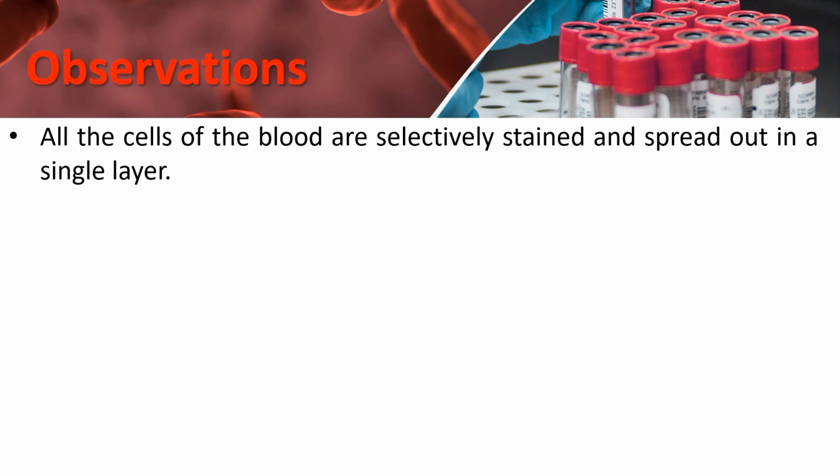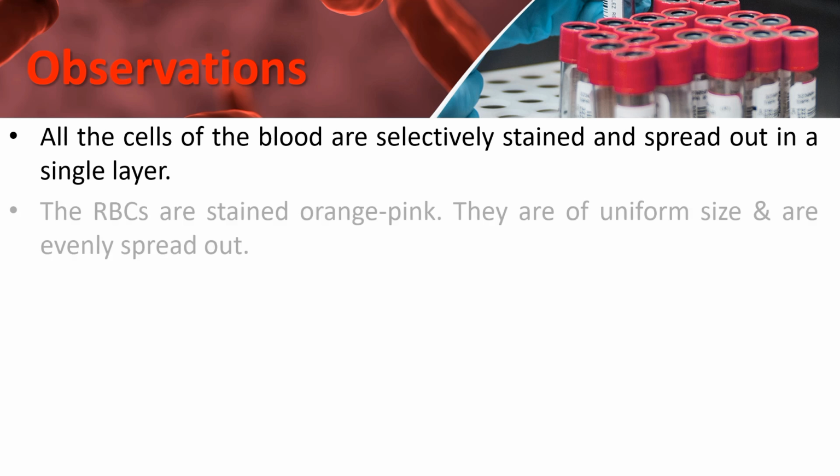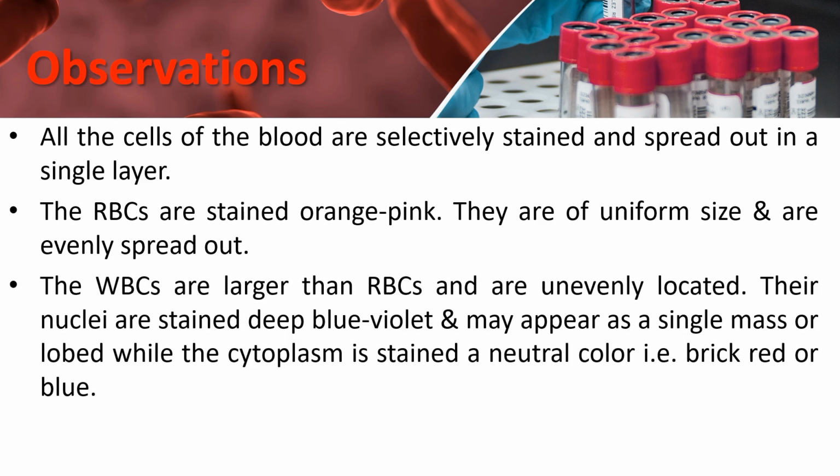First is red blood cells. The red blood cells are stained orange-pink. They are of uniform size and they are evenly spread out. The white blood cells are larger than red blood cells. They are unevenly located. Their nuclei are stained deep blue-violet and it may appear as a single mass like in